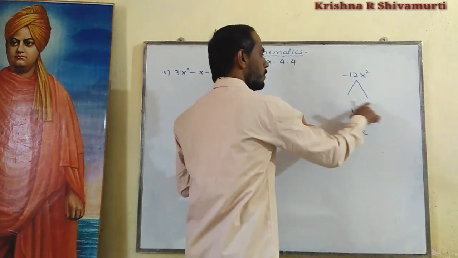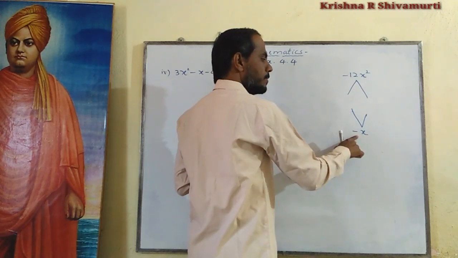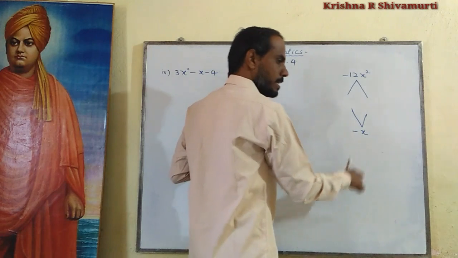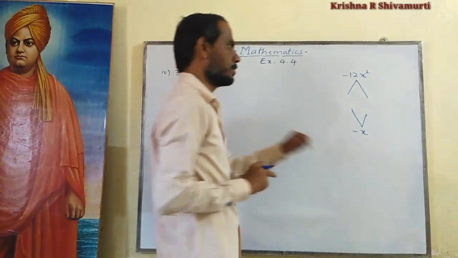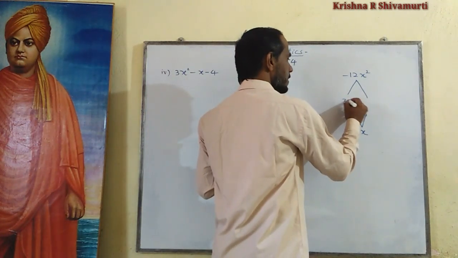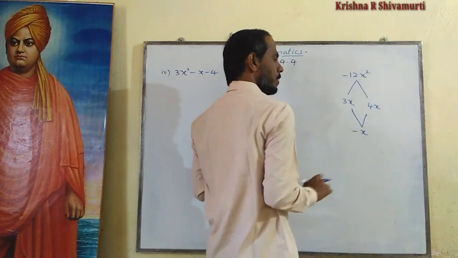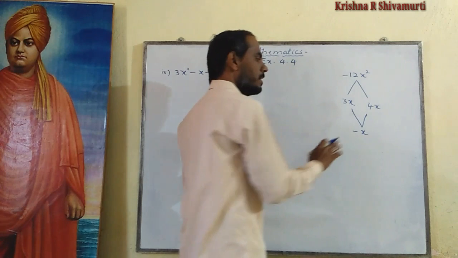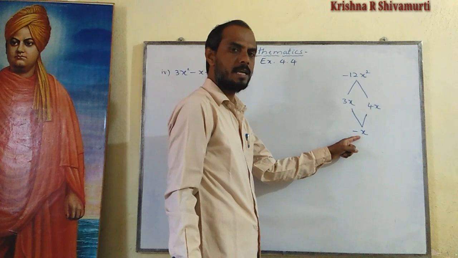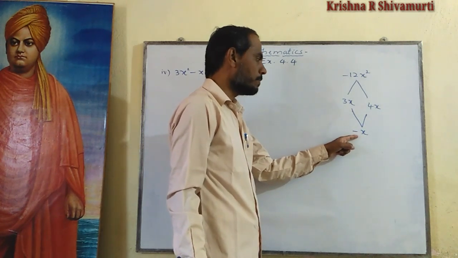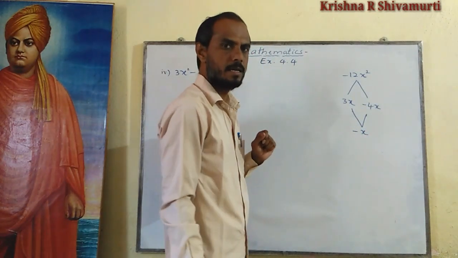Okay, now find the two terms. Their product should be 12, and their algebraic sum should be minus 1, as I explained in detail in the previous problem. You should apply the procedure here too. Okay, it is a 3x, it is a 4x. 3 fours are 12. In 4x and 3x, subtracting, 1x remains. But the remainder, what remains after subtracting, is negative. It remains a negative number, which means the bigger number's sign is negative.